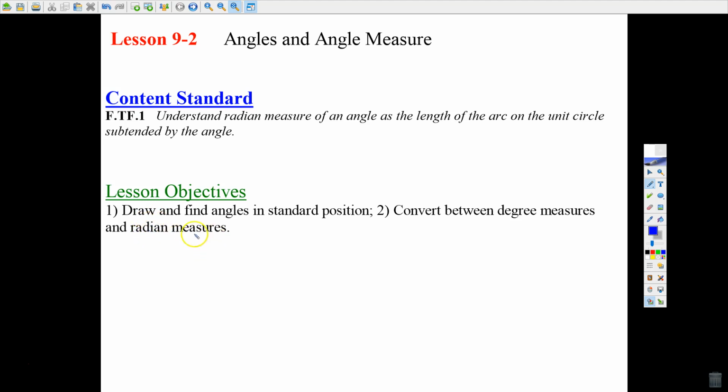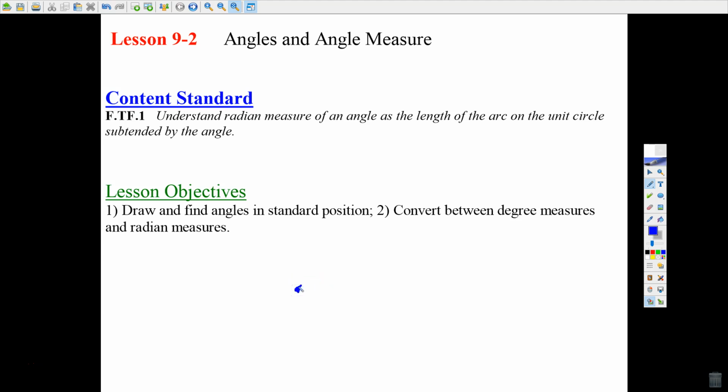What is a radian measure? And you will also be able to convert from radian to degrees. So you should be able to go back and forth between those two different ways of representing the measurement of an angle. Just remember, you've probably had some basic geometry, or maybe you've had the geometry class, but we're talking